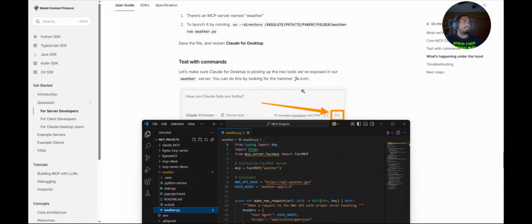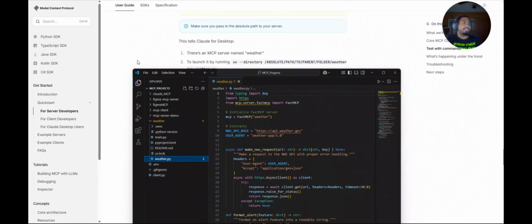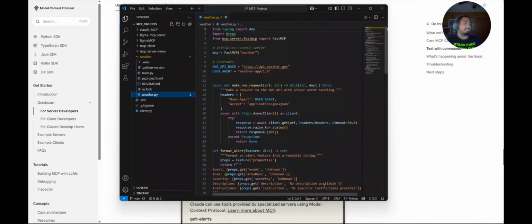I don't think you necessarily have to do this. Well, yeah, I guess you do have to do this, but you don't have to do it in the terminal here in VS Code. Instead, preferably, you should do it in your MCP config file that you're going to create in Claude. So, for example,